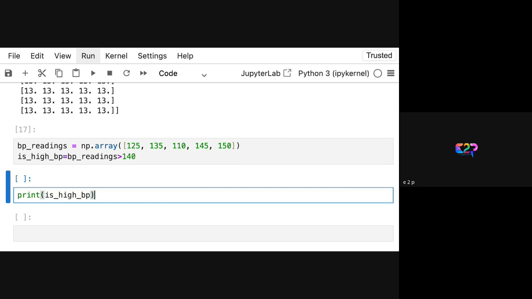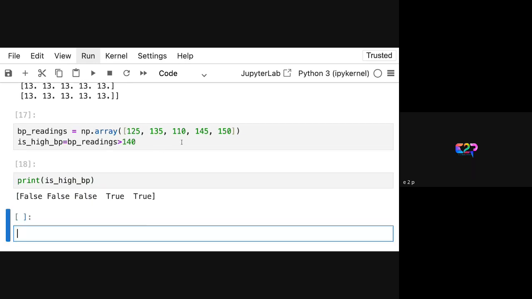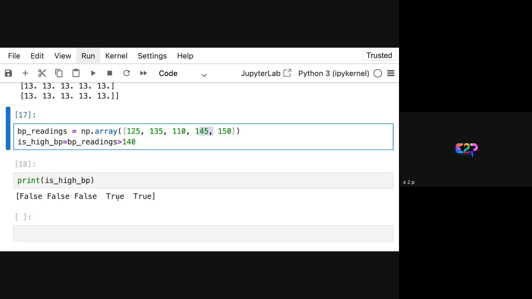Then it will print here: this is one BP which is true, and another BP value which is greater than 140. Like that we can perform an operation on all the values at a time. If we can perform any operation on these values like that, that we call vectorization in